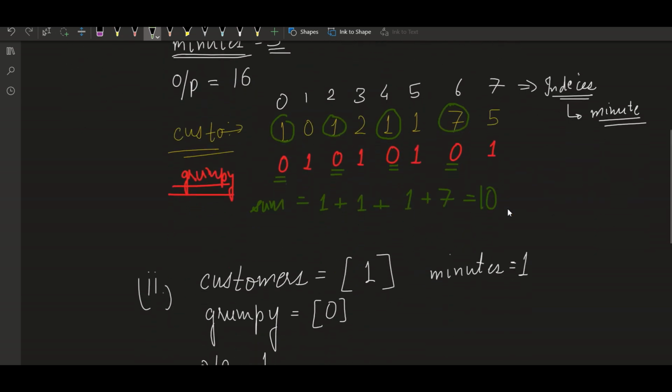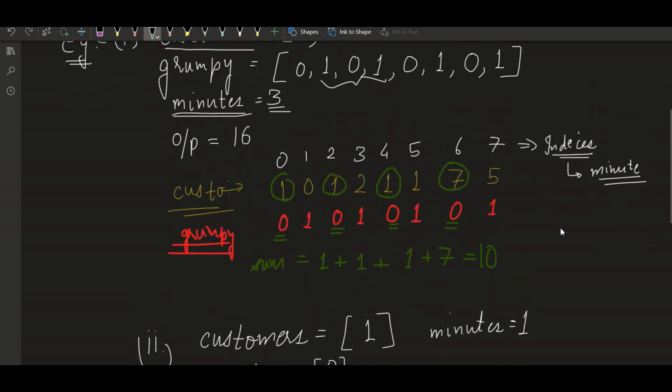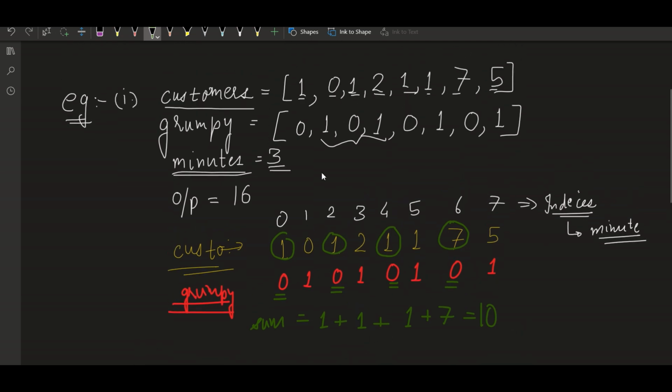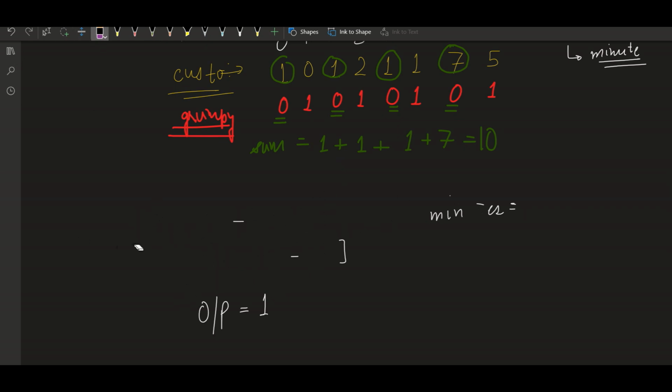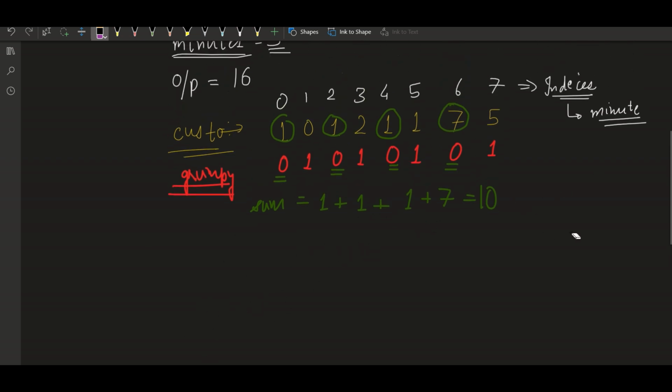Okay, now what we have to do here. So we have a 3-minute window here as well, right? So I will just erase this example here. There is no need to think about this example. So we have a 3-minute window, right? So in this 3-minute window,